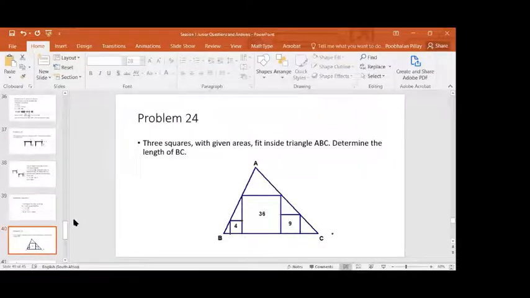Problem 24 is: you've got three squares like this, and you need to calculate the length of BC. All right. So what we do is